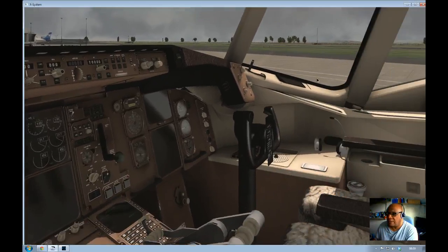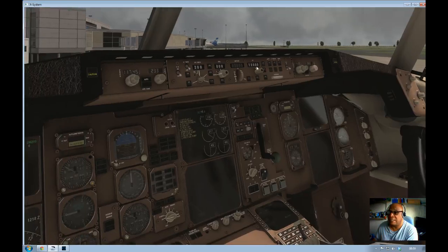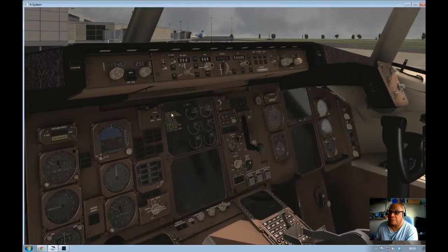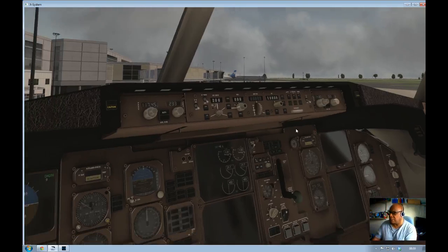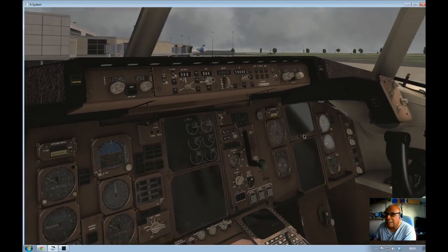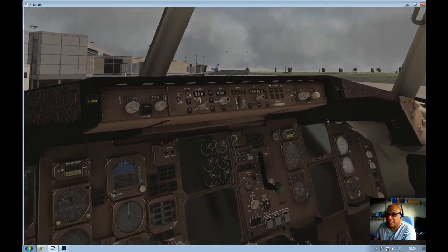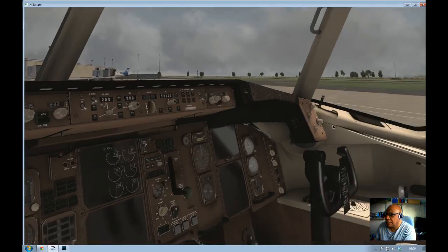There's this 757. I tell you, this aircraft is the best aircraft. It's the best one I've come across, not only in Xplane but in FSX. I was an FSX user for a long time, and I used 757s, the Captain Sim, the Quality Wings. This one